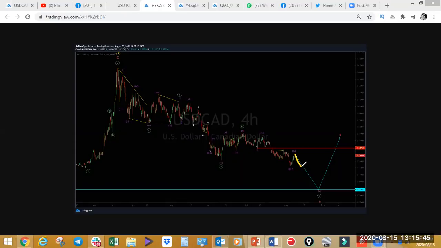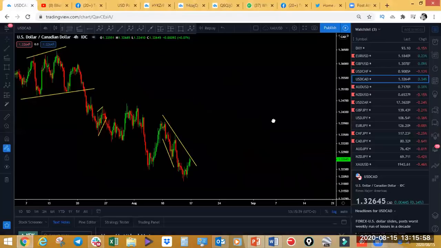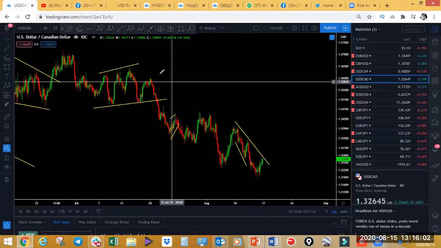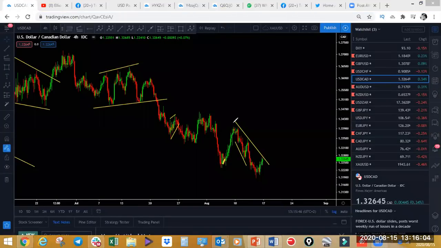So now, is this going to continue lower, or can this wave 4 turn out to be a flat correction? There's that possibility. Let's have a look at it and see what the indicator shows us in this case. That is the move. This is where the pullback was. We've got the pullback here. We have started dropping here. Is this going to be the pullback that gives us a flat correction in the wave 4 that you saw in